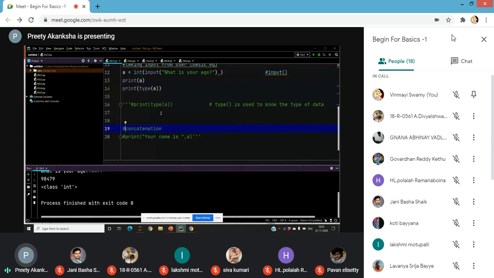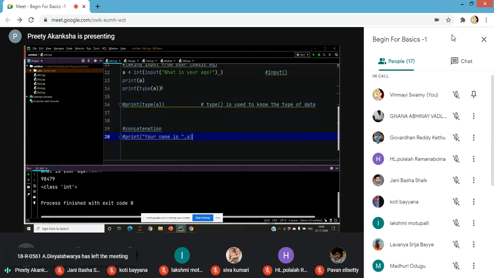So here comes the term concatenation. In case we have taken the input from user itself and we want to show like your name is whatever input the user has given, how will we do this? Concatenation is nothing, concatenation is something to join. Concatenation in simple words you can understand, to join. So what you will do is here,